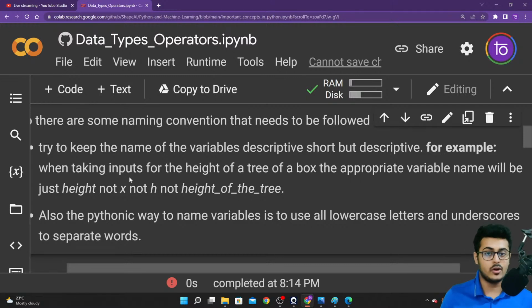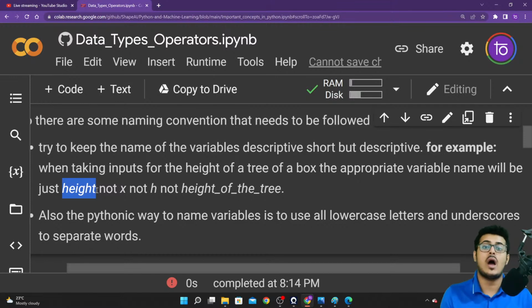It's too short, you are not able to understand anything. Do not keep the variable name as height_of_the_tree. This is a very long variable name. It's descriptive, but it's not short. The problem with x and h is that it's too short and not descriptive. So the right variable name would be just height or height_tree. These will be the proper variable names that are short but descriptive as well.